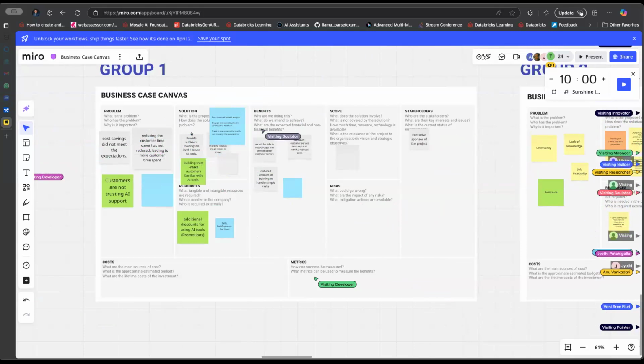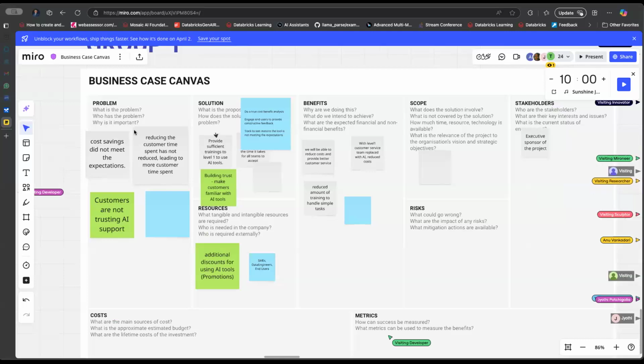First, if we talk about the stakeholders' problem, cost savings did not meet expectations. The second concern from the stakeholders is reducing the amount of time customers spend trying to submit requests and get their problems solved, because it is leading to more time spent by the customer. So that is one of the problems. The other point, from the customer's side, is that customers are not able to completely trust the AI support. So